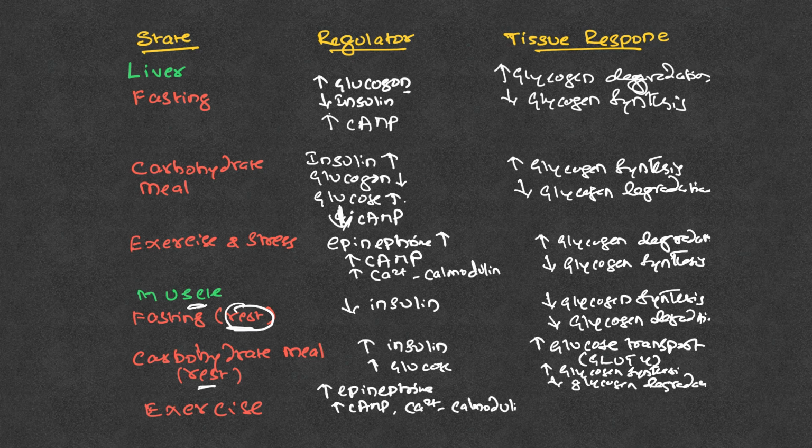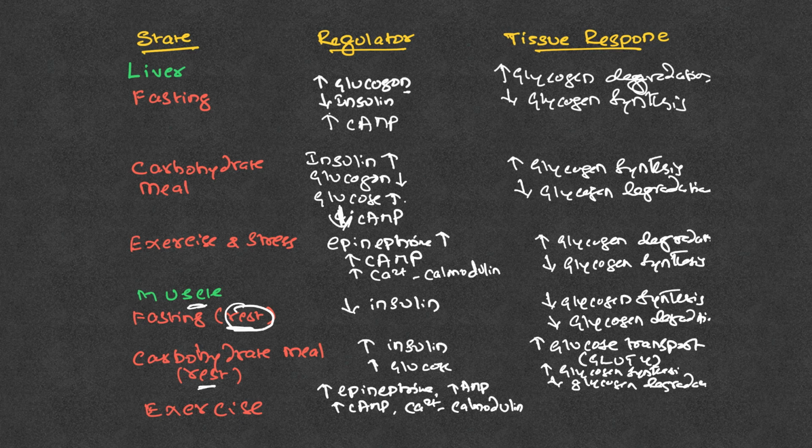So calcium calmodulin process, and also when there is increase in epinephrine, there is increase in cyclic AMP, calcium calmodulin, and also ATP will break into ADP, ADP will break into AMP because of exercise. So there is utilization of ATP, that's why ATP to ADP, ADP to AMP. So there will be increase in AMP levels